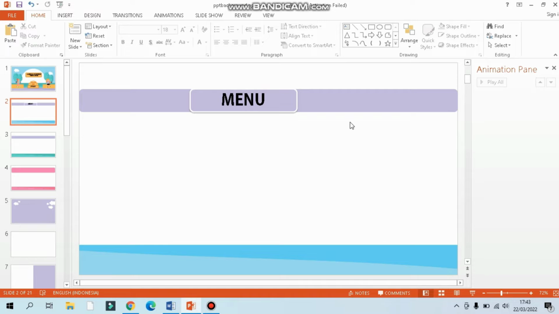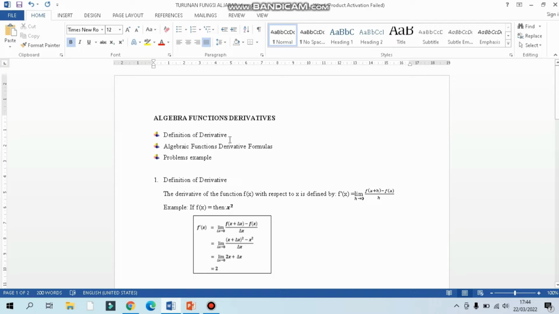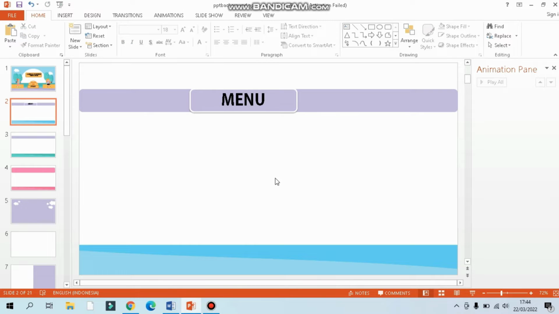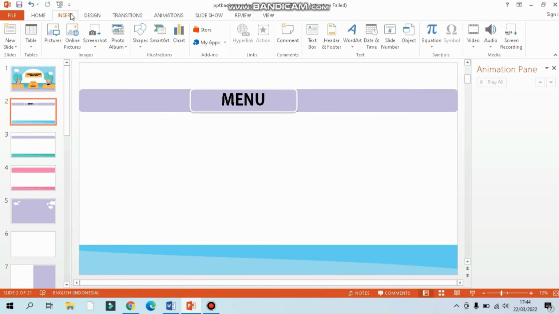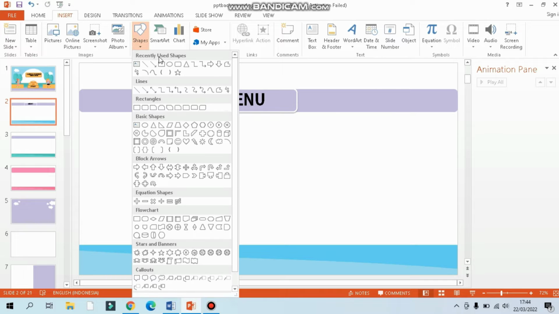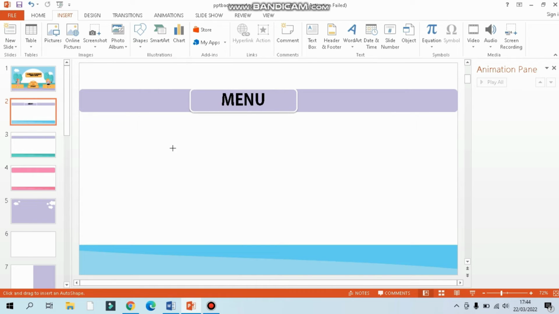Now I want to make the content of the menu, which will have three items. The first content is the definition of derivative. To make the content, I want to make the icon: click insert, shape, and click the icon shape we want to use.